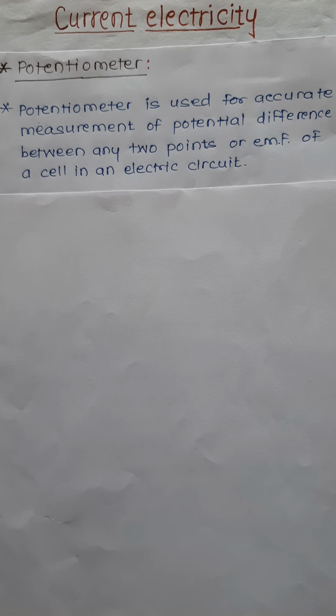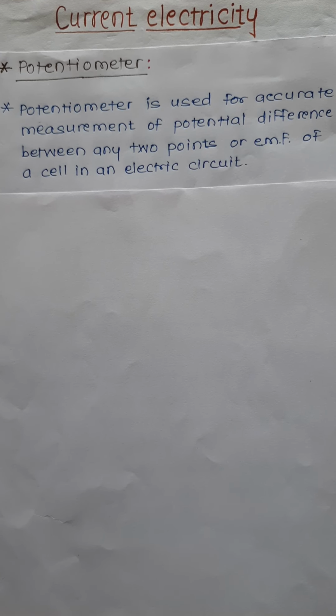अभी इसकी कंस्ट्रक्शन कैसी है? तो potentiometer is basically a very long uniform wire which is fixed on a wooden board between 2 points and its length may vary from 4 meter to 12 meter, but usually we use potentiometer wire of length 4 meter and which is arranged in 4 segments for practical purpose.